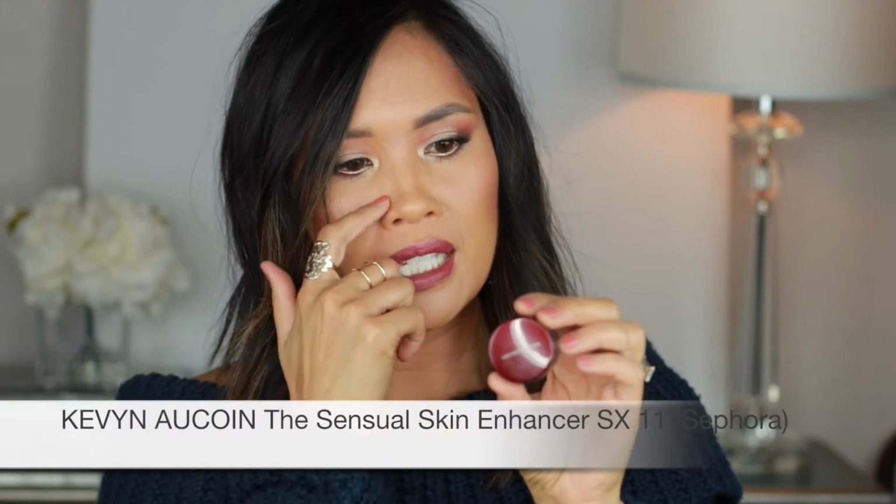I'll show you the KEVYN Aqua one. I did buy another color just because I am losing my tan for the winter, so I needed a lighter color. So I did get another KEVYN Aucoin in SX11. SX12 was getting a little bit too, actually it was almost like dark and orange. So a little Oompa Loompa-ish for me for the winter. So I did get a lighter one, but as you can see, it is in a pot. It's not going anywhere. You do have to put your finger in there or some kind of scooper to take it out. So the sanitary aspect of that is not something that I love,